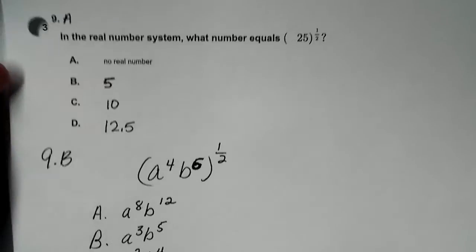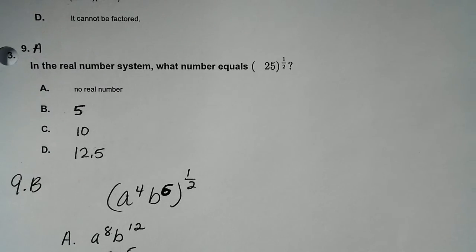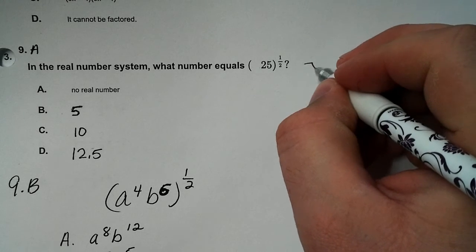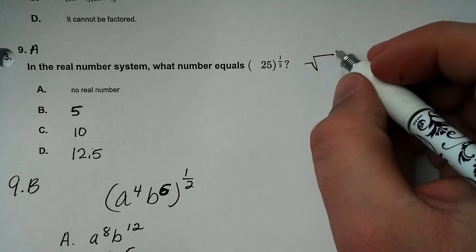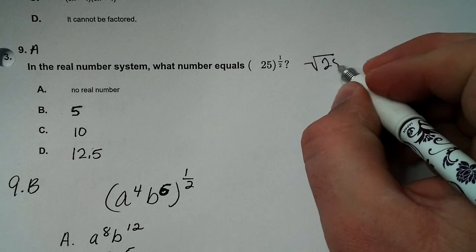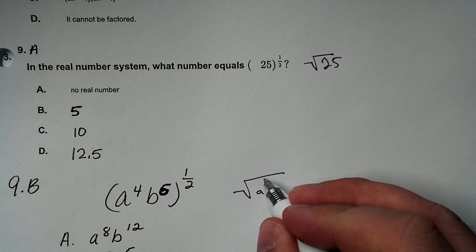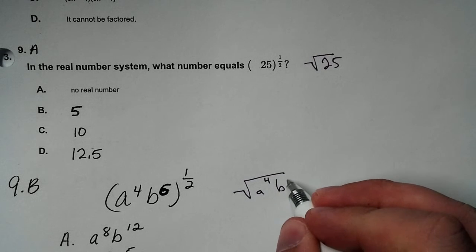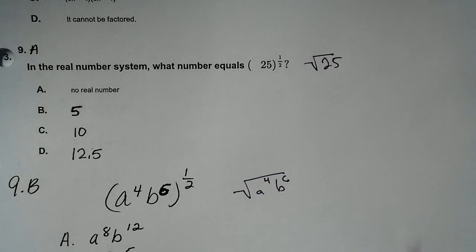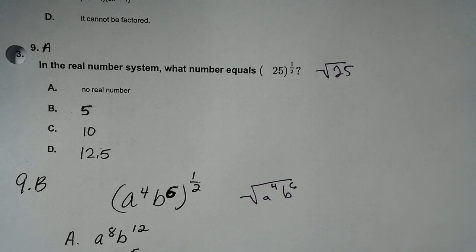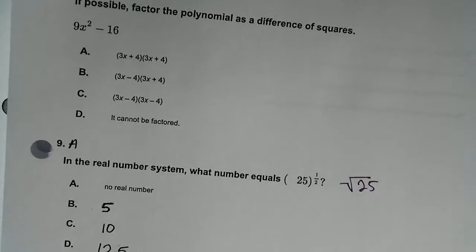9A and 9B. What you need to know is whenever something is being raised to the 1/2 power, that is the same thing as square root. So this, we should probably just rewrite this as square root of 25, and this, we should write this as square root of a to the 4th and b to the 6th. I want you to try those, think about them, and then we'll go over those when we get to that